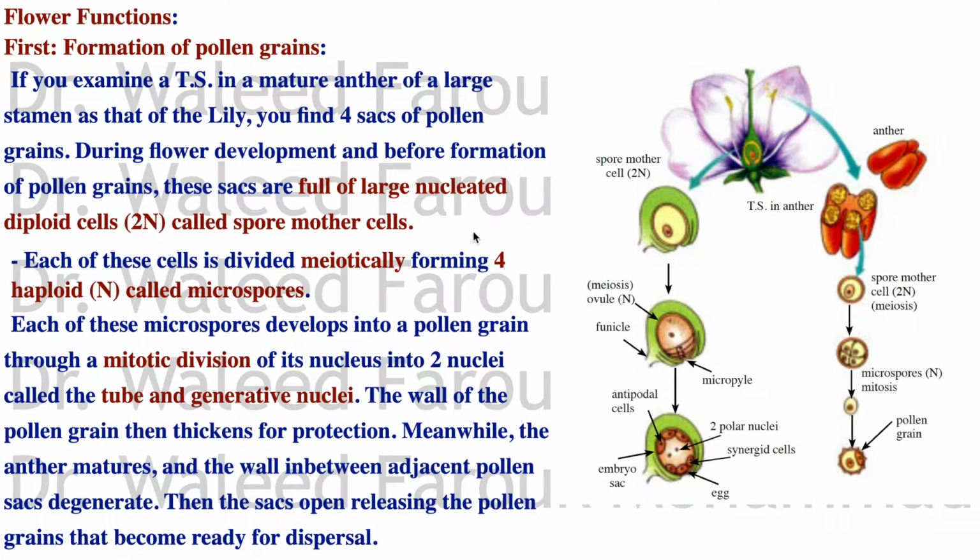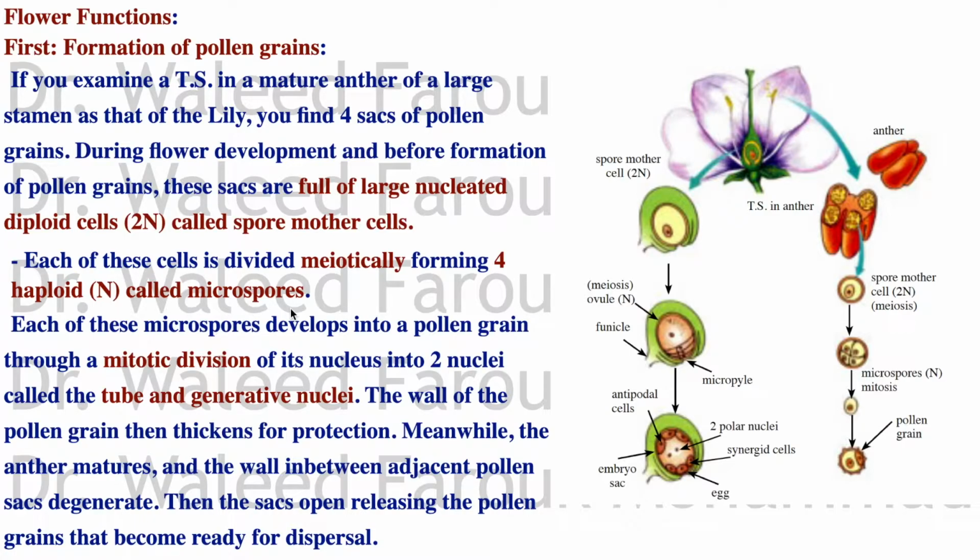Now each of these cells is divided meiotically, not mitotically, meiotically, to form 4 haploid cells called microspores. So the spore mother cell, which is 2N, divides by means of meiosis to form 4 haploid cells called the microspores. Each of these microspores develops into a pollen grain through a mitotic division